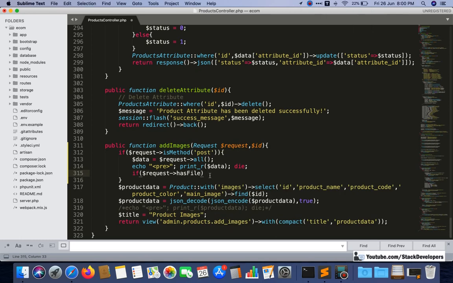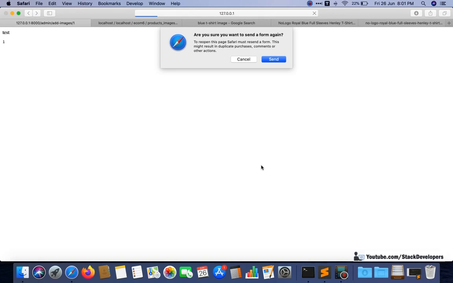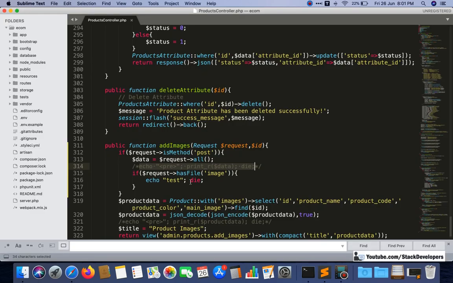We will add the image here. It will check whether there are images or not. It can come as 1 or 0. We can test it once to see whether it comes inside this or not. I'm going to disable this one and we'll check, and you can see that the test is coming up. So it is coming inside this one.